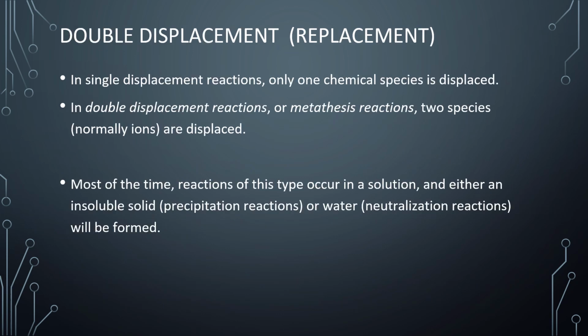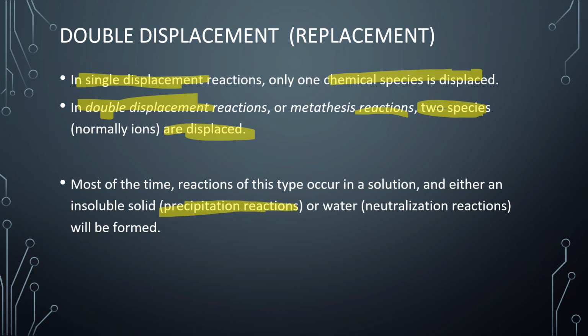Double displacement or double replacement. So in a single replacement reaction or displacement, we have one chemical species being kicked out. In a double or metathesis reaction, you have 2 things that are switching places. So most of the time, you're going to either form a precipitate in a precipitation reaction or water in a neutralization reaction. So a precipitate